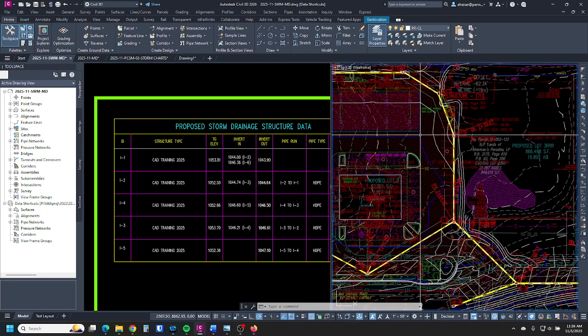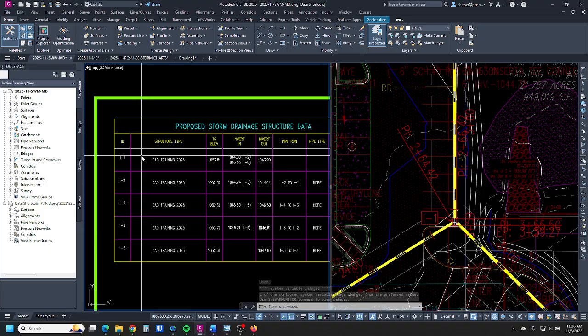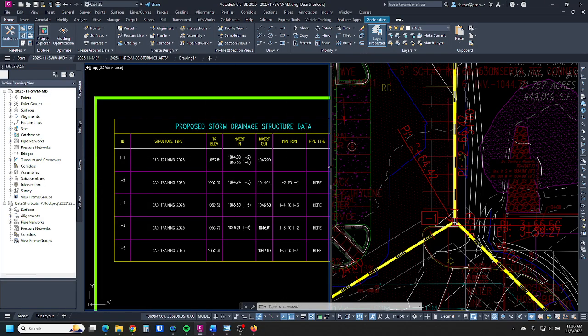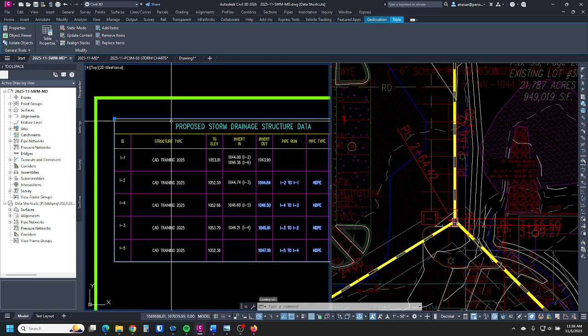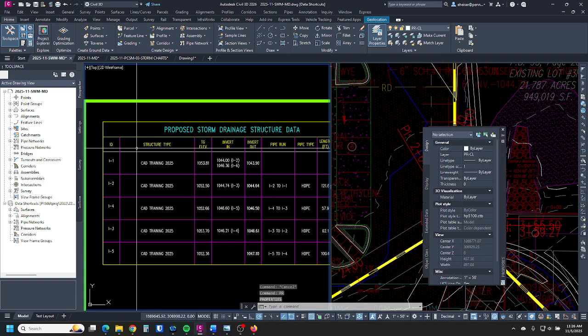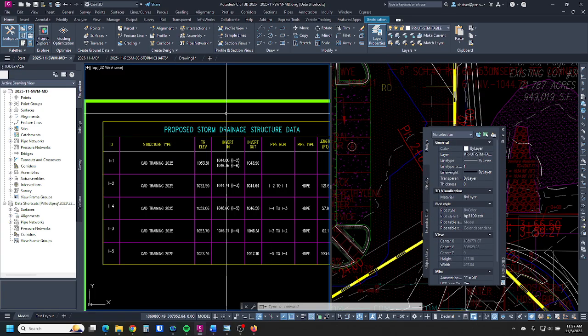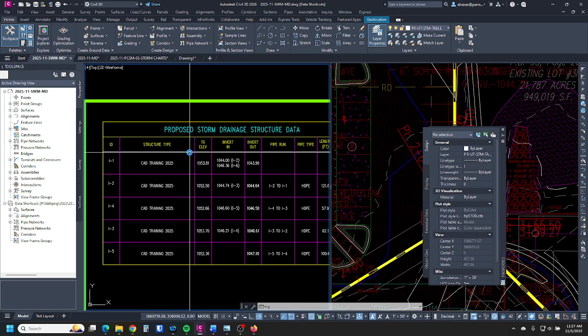So let's just for a minute here say that structure I1 is actually an end wall that doesn't have a top of grade. The way that you would go about fixing that so that it doesn't show one when it shouldn't be there is by making the layer current that your tables are on. So I'm going to go to PRUT Storm table, make that current, and now I'm going to make a wipeout. So I just type wipeout,